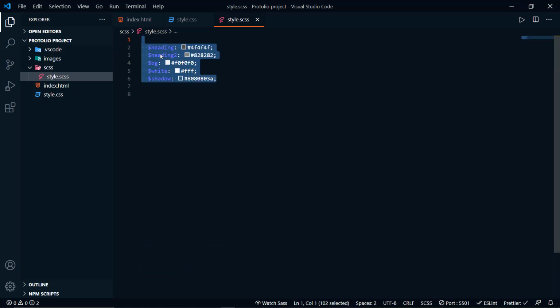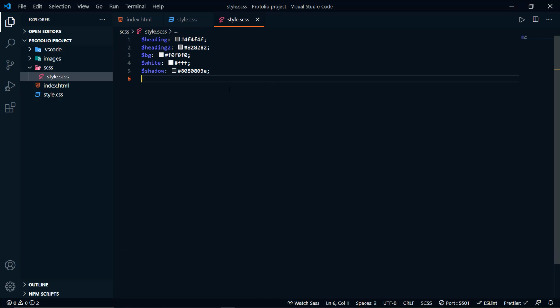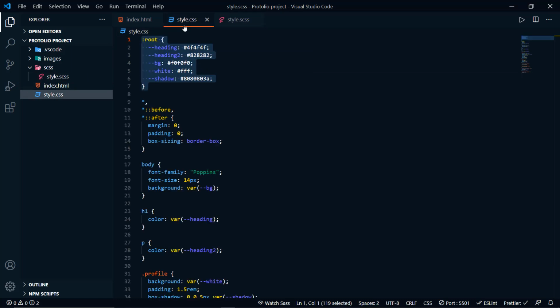That's how we declare variables in SASS. We use the dollar sign. It's much cleaner compared to this; compared to this, it's very much cleaner. Now if I click on Watch Sass,